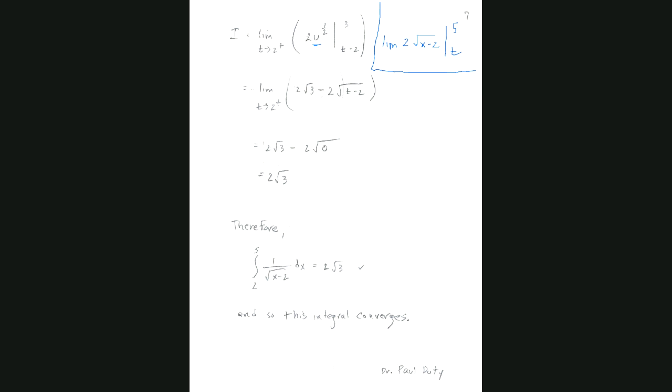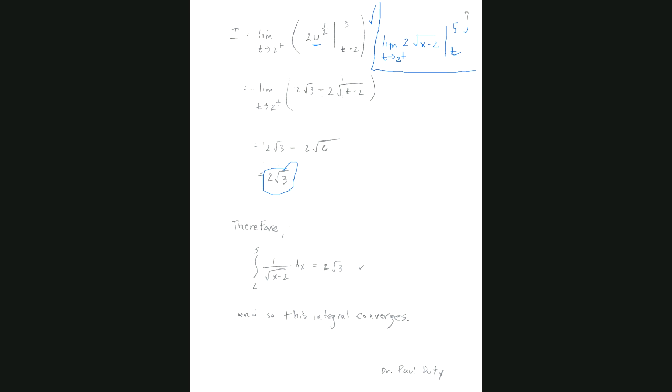In other words, now that you have the antiderivative, you could replace the u with the square root of x minus 2, and then replace the u limits with the x limits, which were originally 5 and t, and take the limit as t approaches 2 from the right. And if you do that, you will get 2 times the square root of 3. It's okay to do that. But